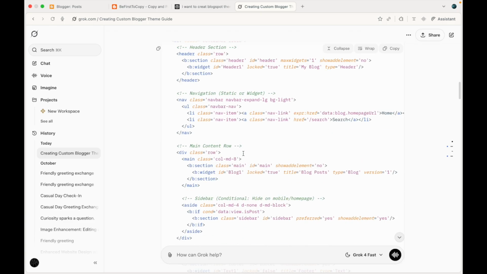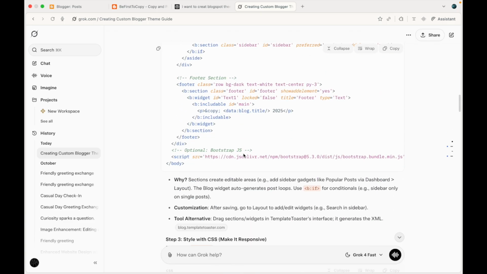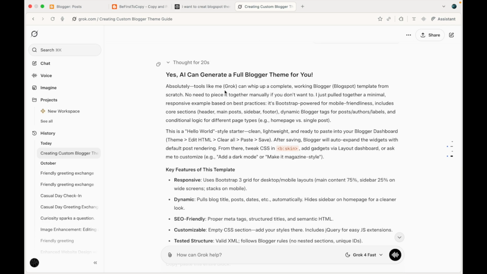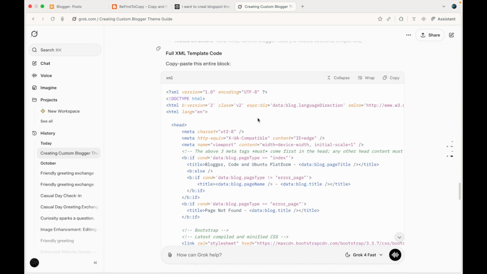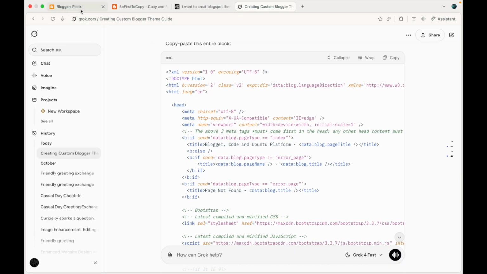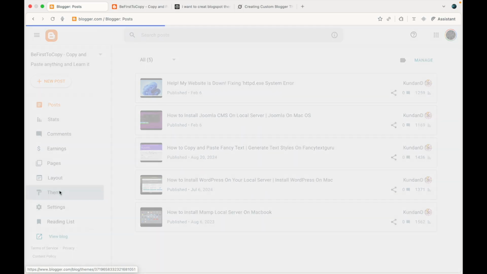After seeing that one thing, I understand. If I want to learn it, it's gonna be really easy right now. I asked whether it can be done or not, so it generated the code for me. So I'm gonna copy that. Okay, I copied this code, and now you go to the theme